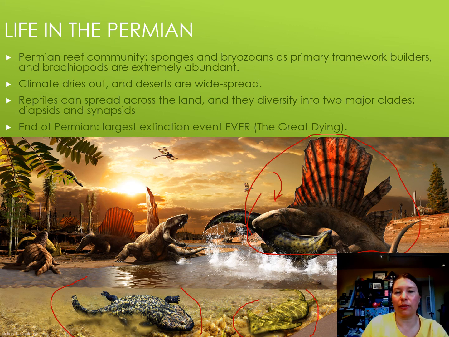But because reptiles have that amniotic egg, right? They can lay their eggs on dry land. They don't have to hang out next to ponds and rivers. They succeed and they can spread across the land. So amphibians are not going to really take off like they would have if the climate stayed nice and wet. They are going to be replaced in most ecosystems by reptiles. So reptiles will be able to make their way across the landscape and inhabit every ecosystem on land. The Permian is where reptiles really take off.